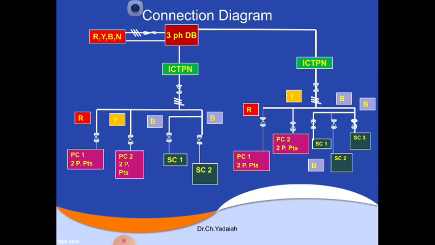By accumulating all these things, just like the problem we calculated previously, with the same procedure, we are going to get the length of the conduit plus or minus 10%, that is the wastage. Once we get the total length of the conduit, the length of the PVC copper wire, in case of single phase, we multiply by 3 times. Here we have the R phase, Y phase, B phase and neutral, so for that purpose we have to multiply by 4 or 5 times, plus or minus 15% wastage.